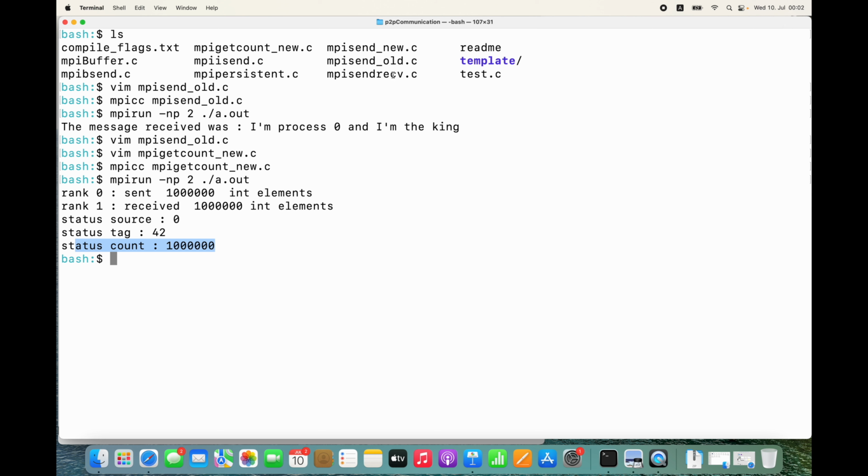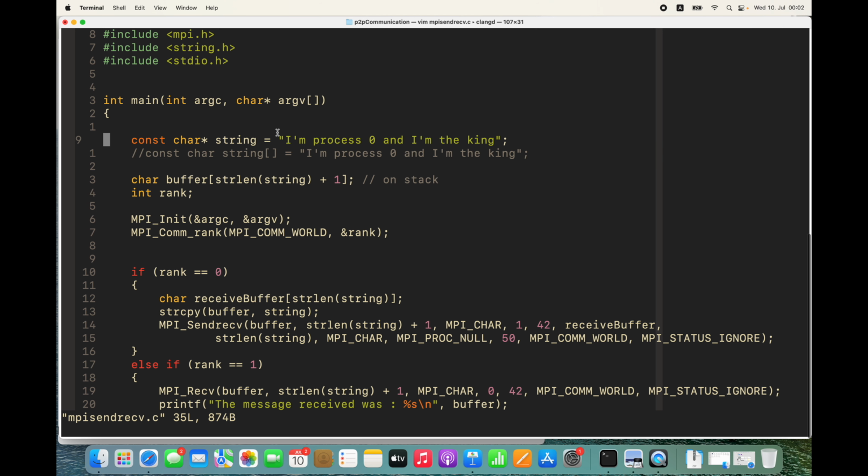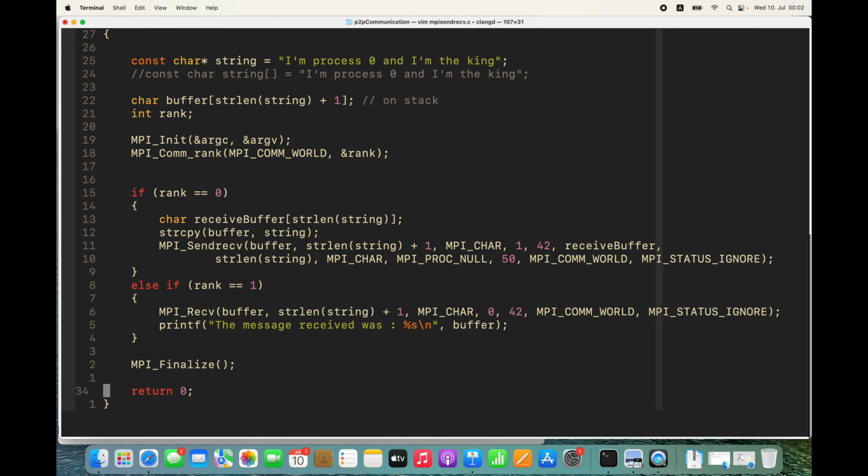What else do I have here? I have an example. Did we go over this send receive example? MPI send receive. This is the same I'm the king example, but this time we're going to use send and receive buffer. Oh, I haven't talked about this one. So here you can see I used MPI_PROC_NULL. MPI_PROC_NULL is very, very useful. You can use it for dummy sends and receives, because sometimes when you're working with boundaries, you don't need to actually send or receive some data. And this is a placeholder, a dummy processor, that you can use